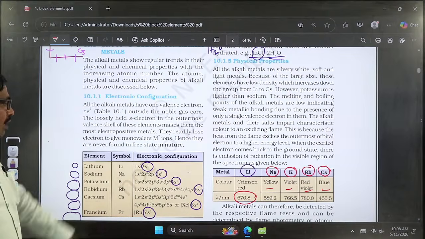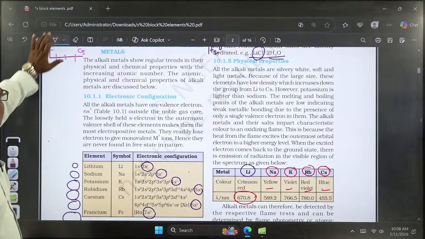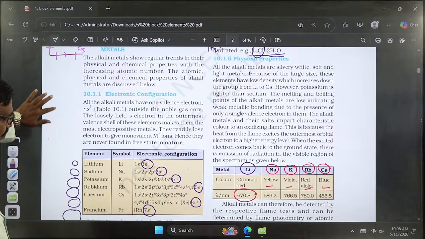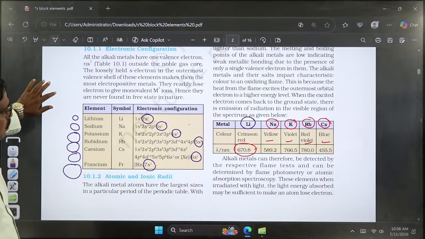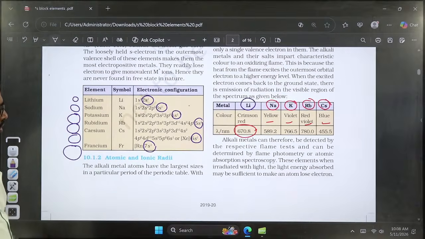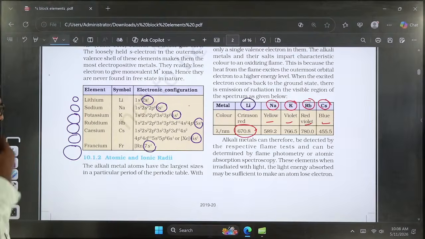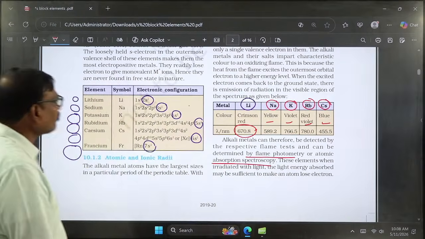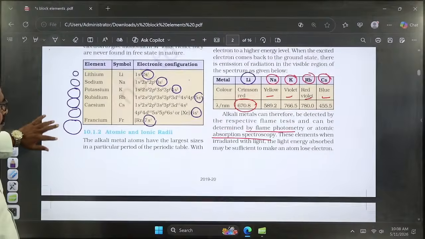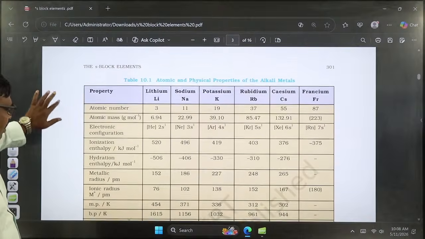So actually the color of the species is due to the presence of unpaired electrons. Whenever the flame test is observed for these alkali metals, different alkali metals will give different colors. So mostly questions will also be asked from colors. Here different techniques are used, flame photometry or atomic absorption spectrometry, for observing the colors. So one of the important factors of these alkali metals is color. After that, a general table will be